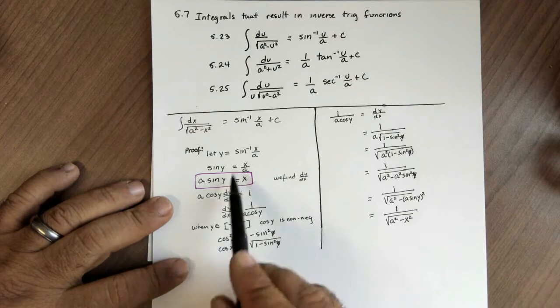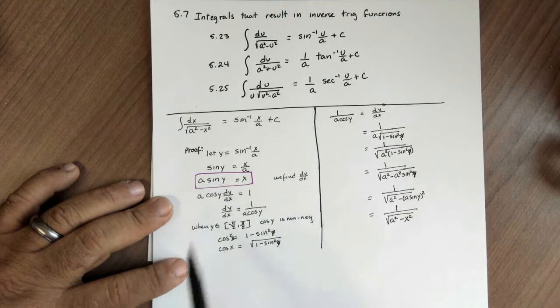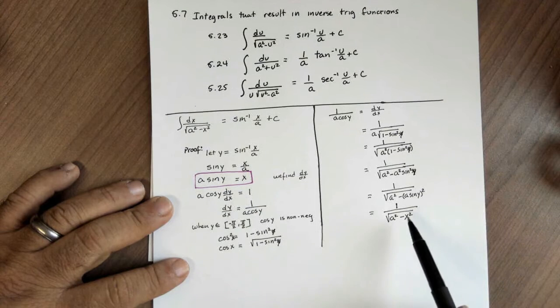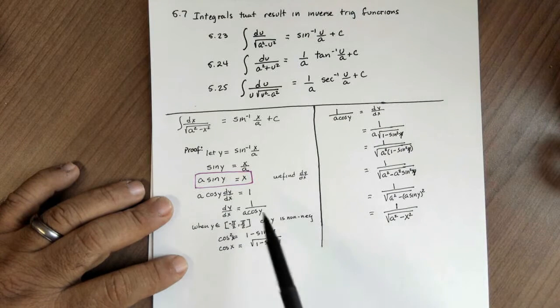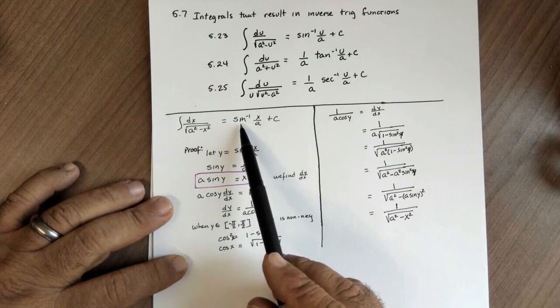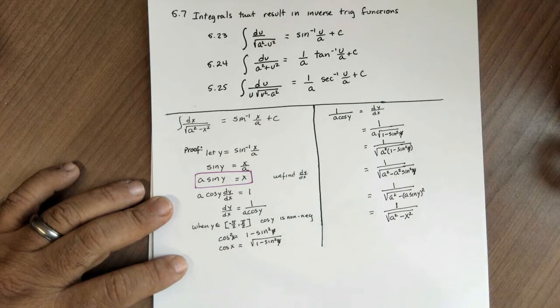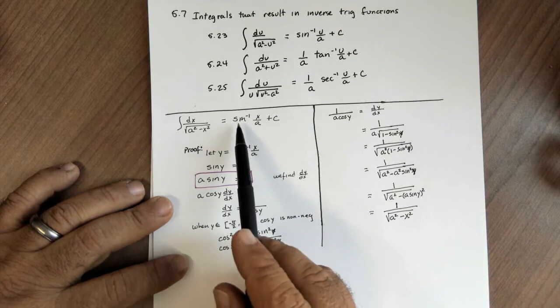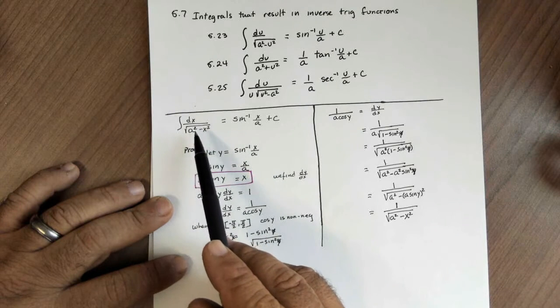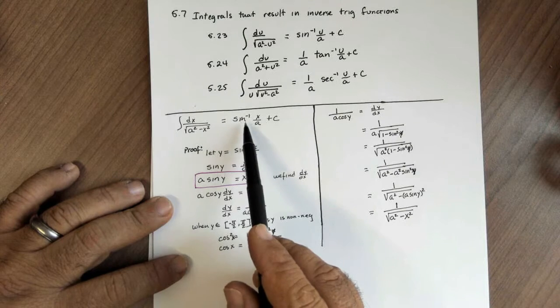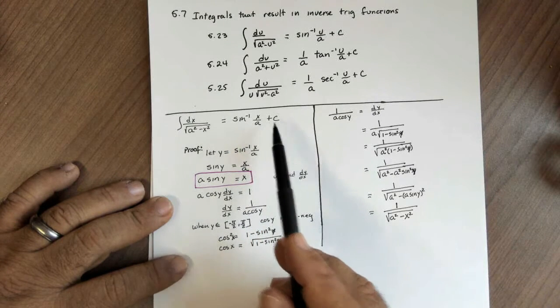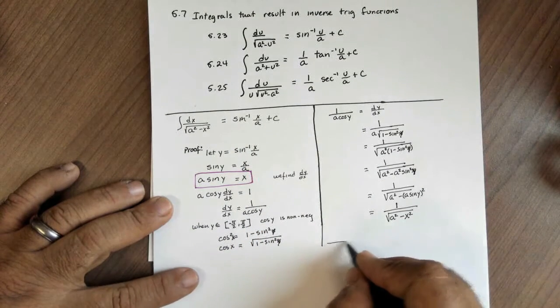Okay, using this right here. And so now we've shown that 1 over the square root of a squared minus x squared is indeed a derivative of the sine inverse of x over a, and so necessarily the antiderivative of the 1 over the square root of a squared